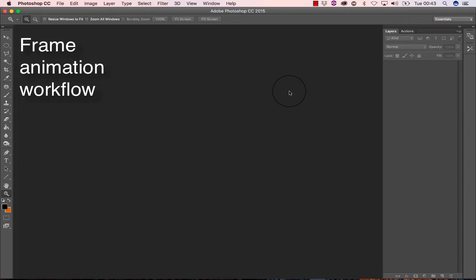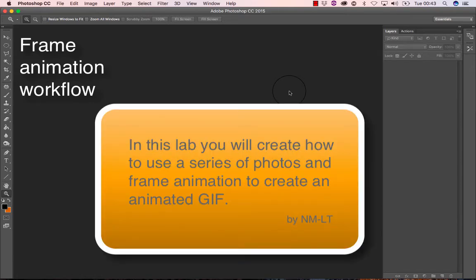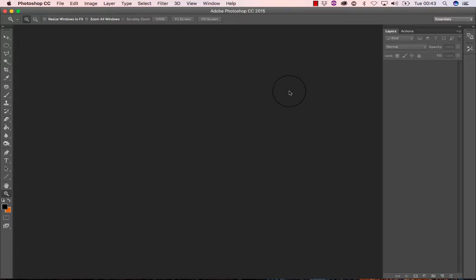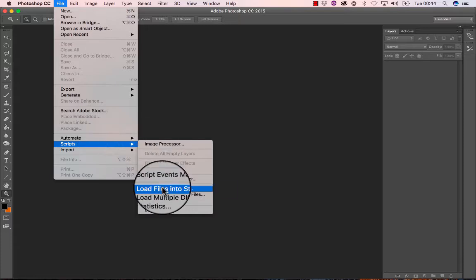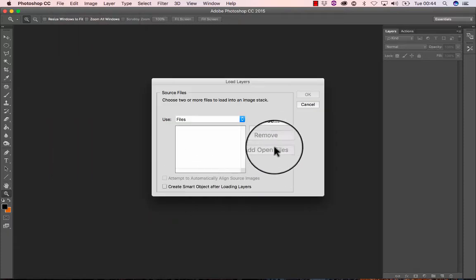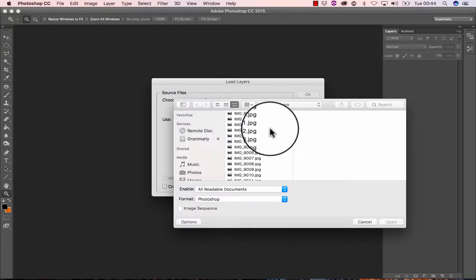In today's lab session, we're going to be creating a series of photos and frame animating to create animated GIF files. So all your asset files are on the Moodle area in a zip file. Once you've downloaded your files, you go to File, Scripts, Load File into Stack,